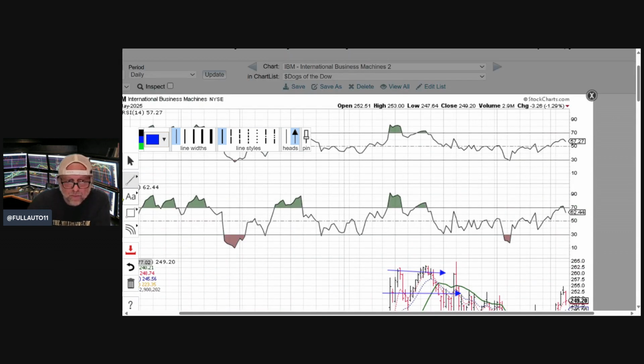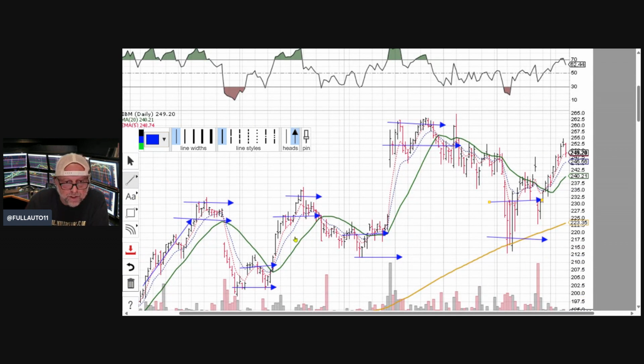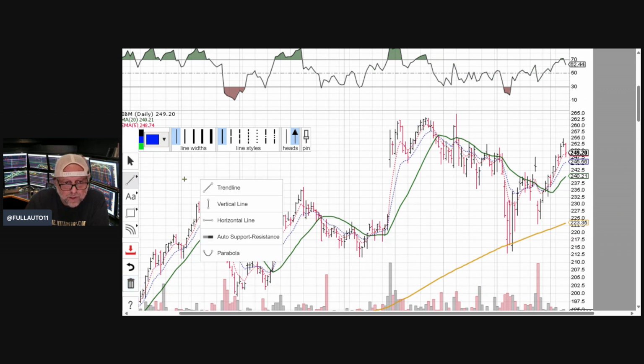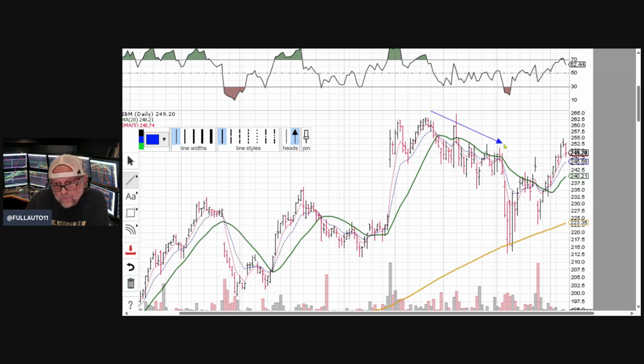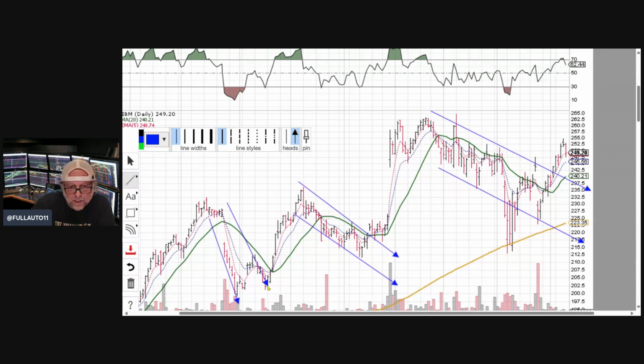Now, I'm going to clean this up because what I wanted to show you is this slope down, and typically that's what you see in a stage 4, this kind of sloping down movement, right? But you can get into a situation where it can be kind of wide. You see you had a fake breakout here, another fake breakout, another fake breakout, and then a breakout. What those fake breakouts start to do is